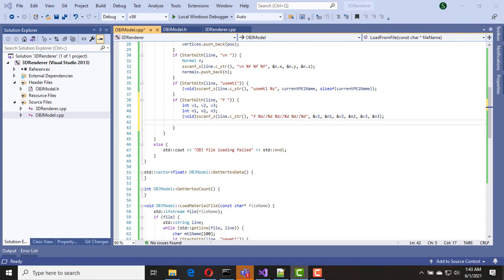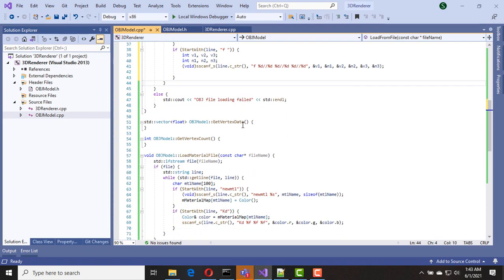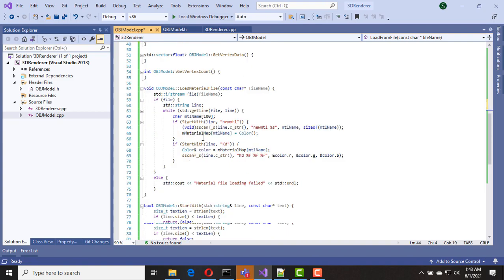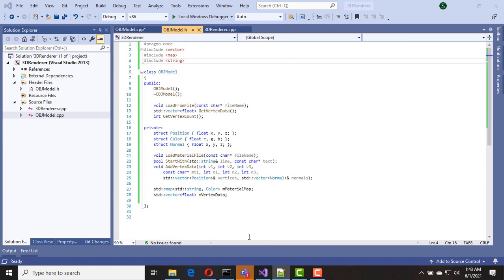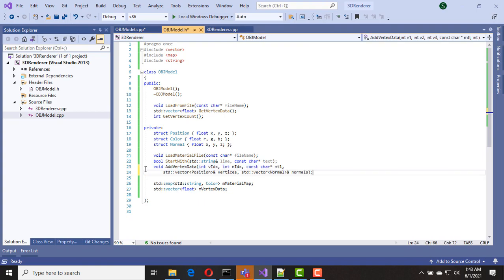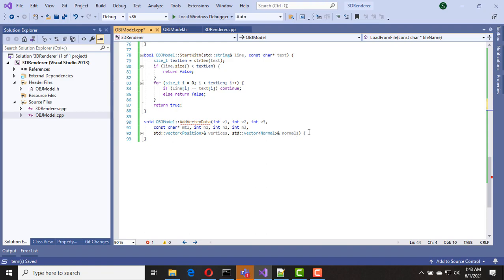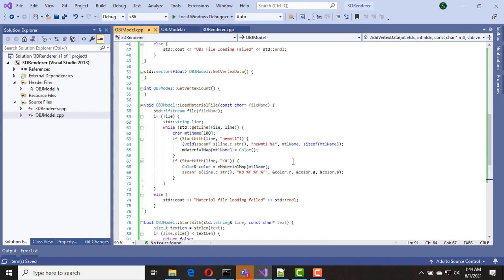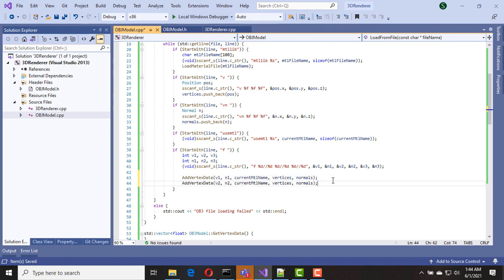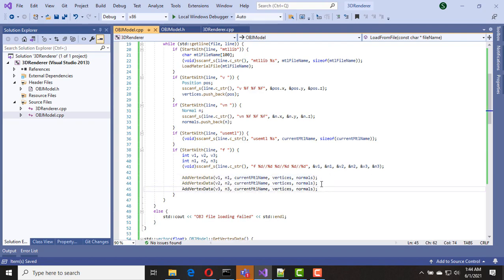Actually, the way I planned to write the addVertexData function is a little bit inappropriate, so now I need to change it. So let's go to the header file and I will change the method signature. Okay, I need to change the same in the CPP file also. Okay, with that change, I need to call the addVertexData function 3 times when we read the face values.